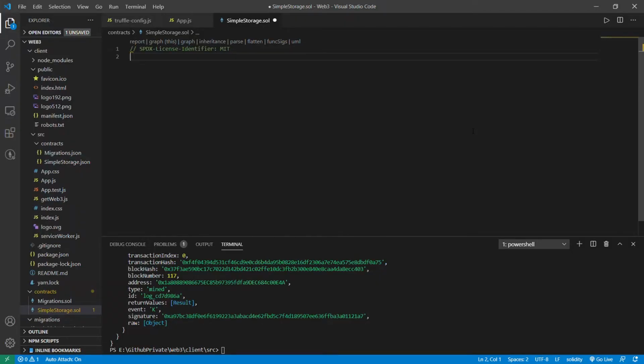So this is your simple storage.sol. I've cleared out everything. Let's recode the whole thing to use events. This time we'll have a simple contract which will have some kind of index to log everything. Then we'll have some events which will get logged and a function which will emit the events. So let's try that out. Let's start with pragma 0.6.0. Let's write the contract name, contract